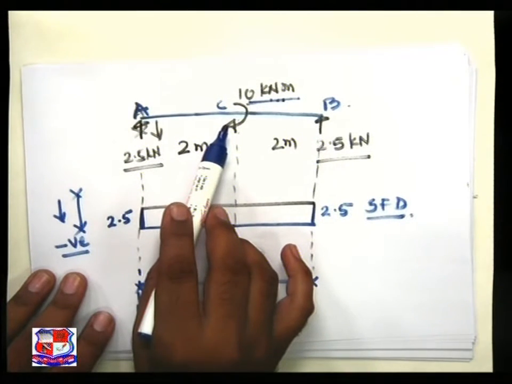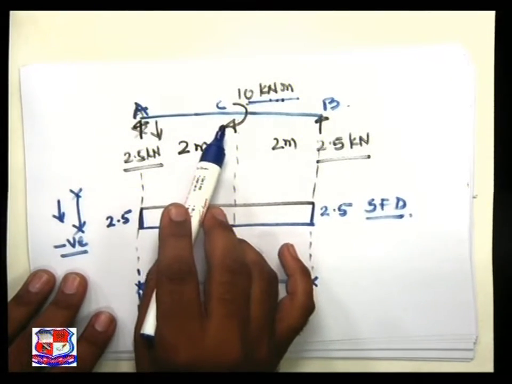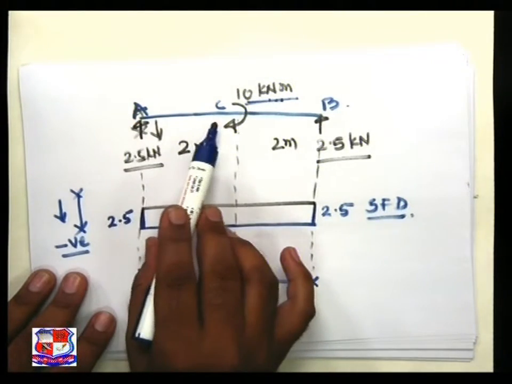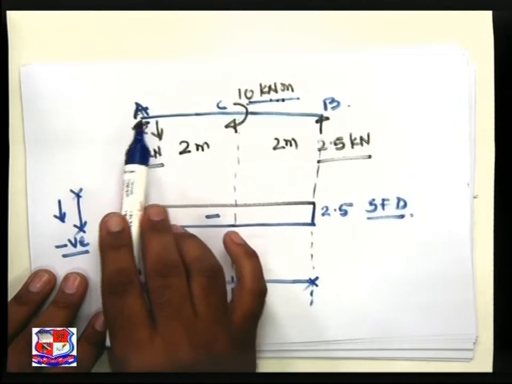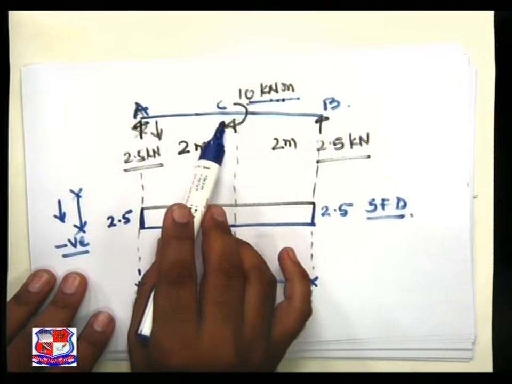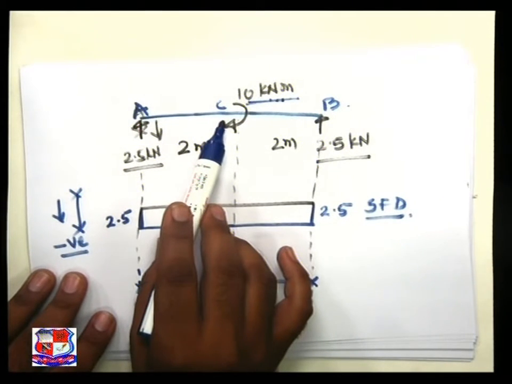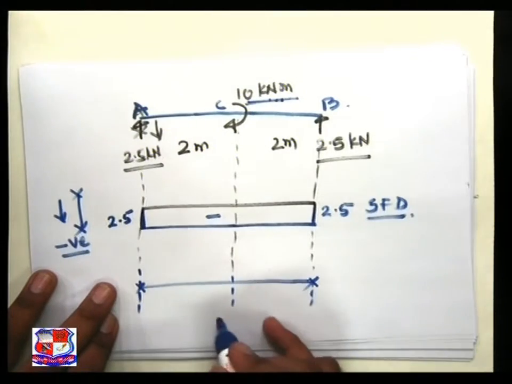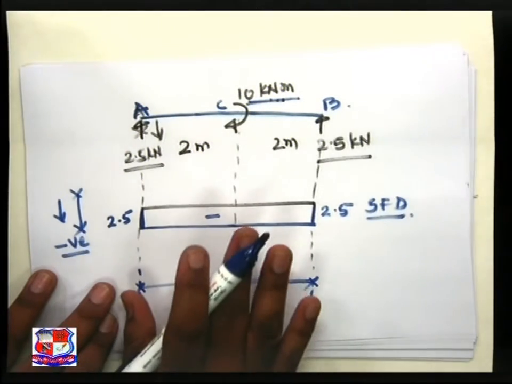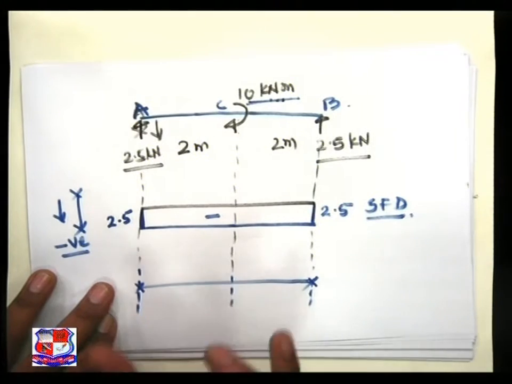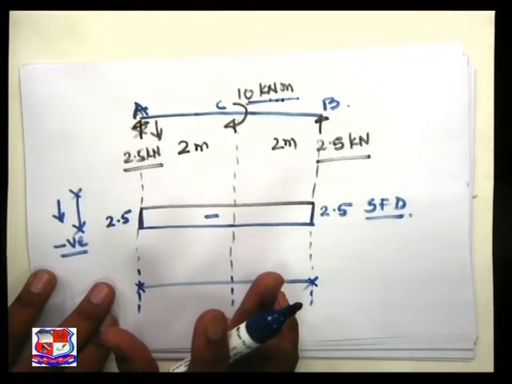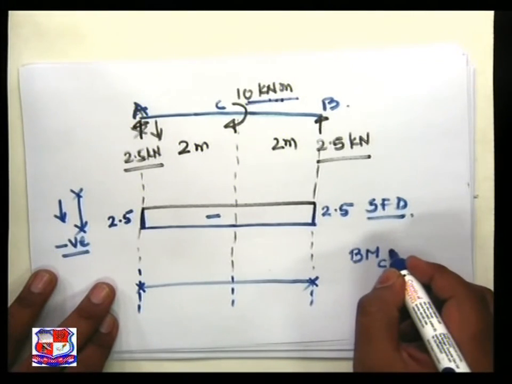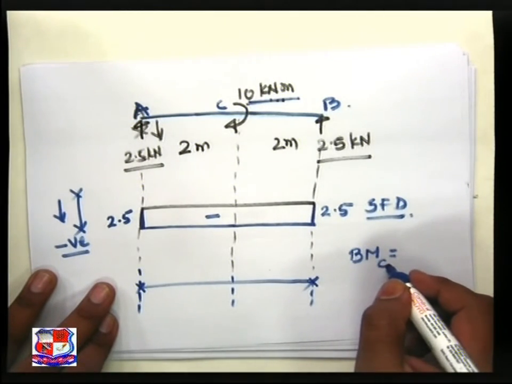Recall the rule that we studied in the previous 2 classes: between 2 loads, if there is not a single load, then the variation is given by an inclined straight line. So we know the variation between A and C is an inclined straight line. Now the question is about the magnitude. So if I find the bending moment at C, just on the left side of